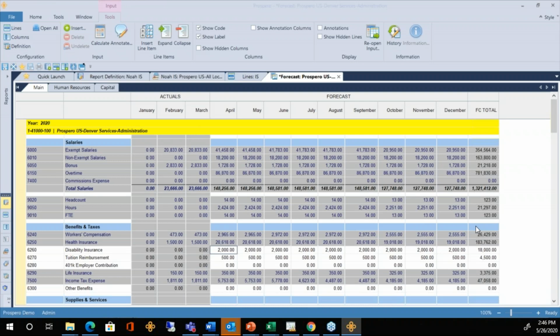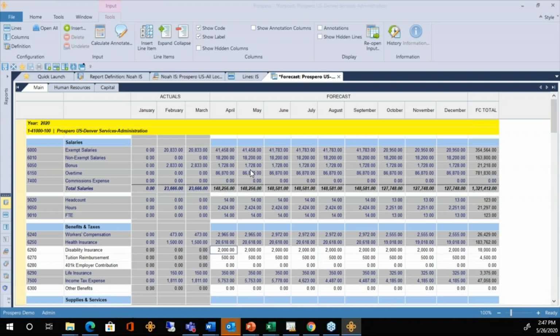The balances were copied from the original budget, so you don't have to start this forecast from scratch. You have some balances here that were copied forward. The input screens here for your budget managers are really easy for them to navigate. Very similar to Forecaster's input screen and Excel spreadsheets. It's rows and columns, easy navigation. A lot of these rows are gray. They're locked, so you can't change them directly on this screen. They're coming from one of the other detail tabs, or they're going to be calculations on this page.